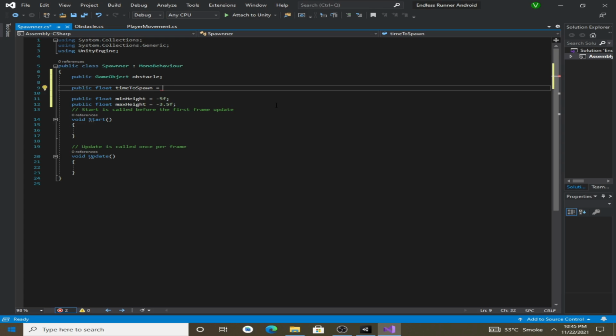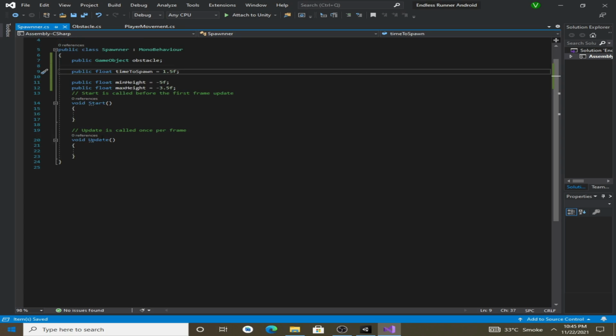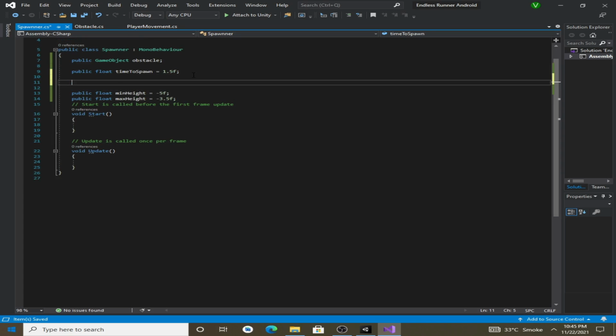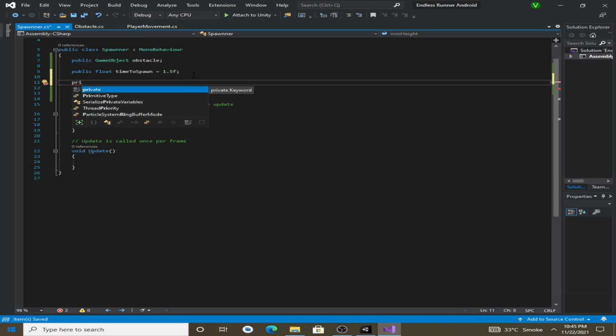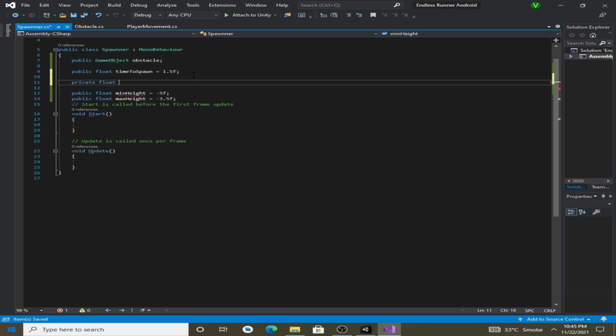So after 1.5 seconds it will spawn a new obstacle. Now create another variable as private float timer, so that we can keep track of the timer.